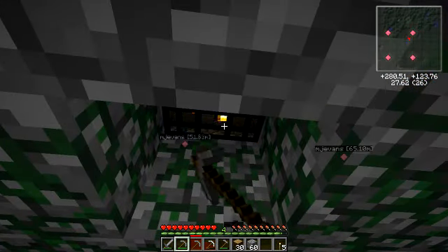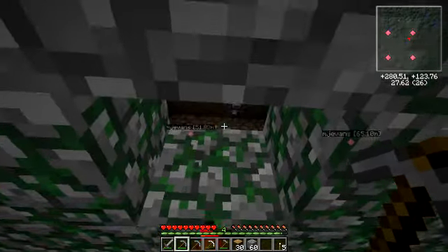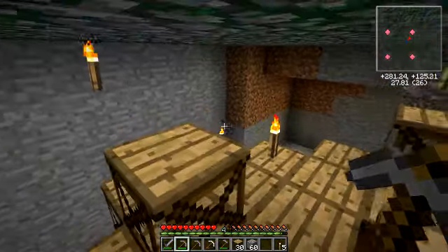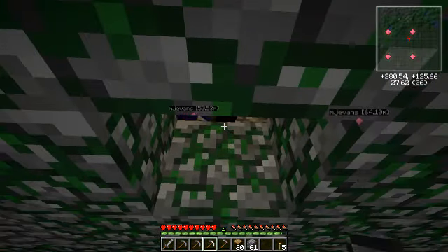Since I have no use for you at all, I'm going to get rid of you. Goodbye. Now, the zombies can theoretically drop through the floor right there. They won't be able to attack me again. I've also prepared...